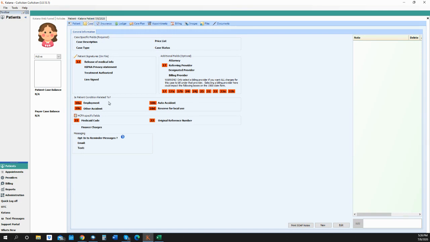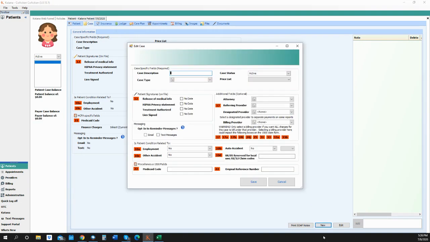To go ahead and provide information to that case, we're just going to select New at the very bottom, and this will work the exact same way if you had patients imported, as they will all need cases as well. You're going to give the case a description. You have the ability to be as descriptive or as general as you would like. So I can do something like chiropractic if I wanted to,